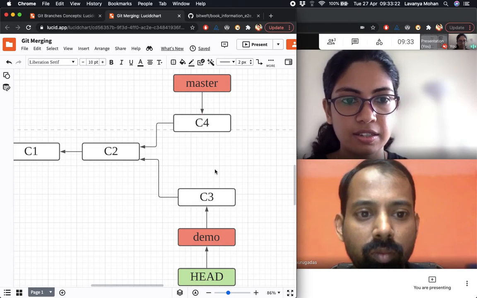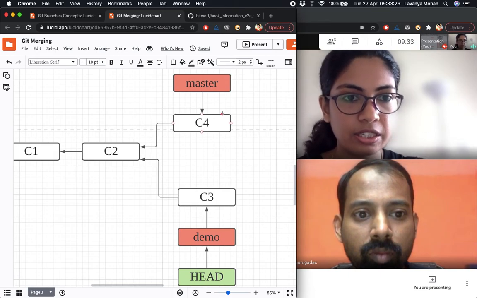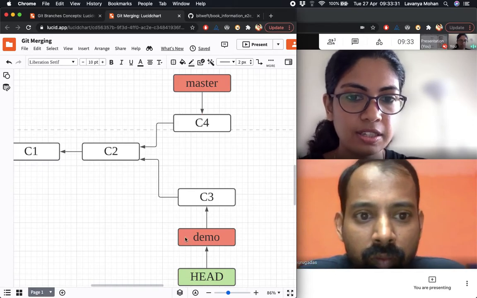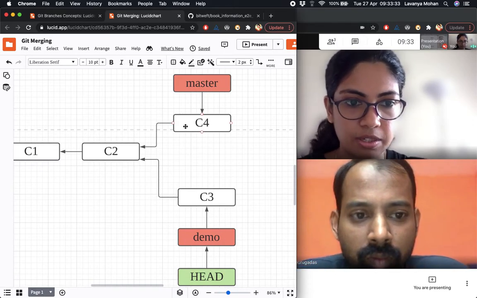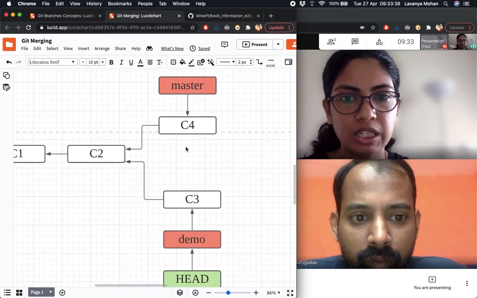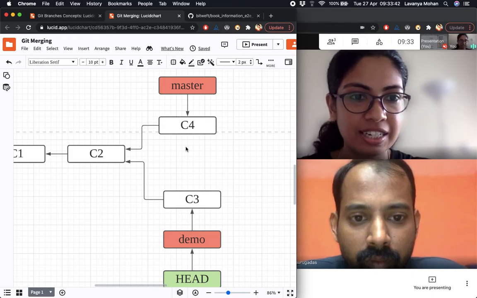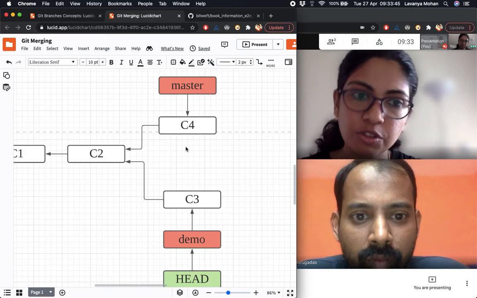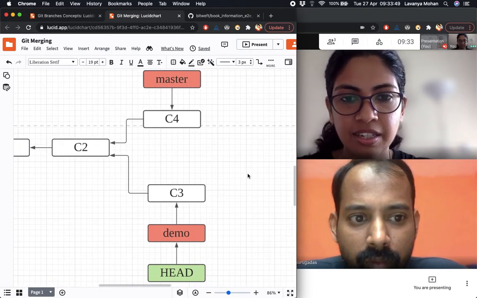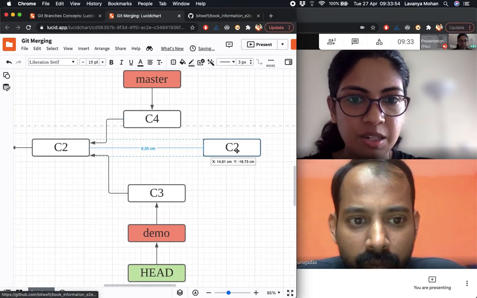We would first check out. If we want to merge it to master, we would first point our head to master. So we would do git checkout master, and then git merge demo branch. And in most cases, merge usually doesn't have problems. If you've not touched similar areas, Git is smart enough to merge both the changes. After the merge, it creates another commit.